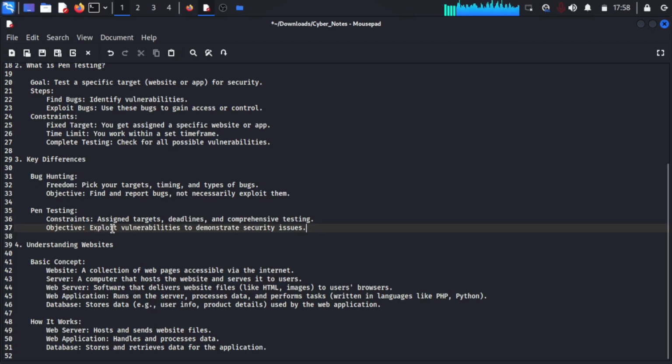So after you find any security issue or vulnerability, you have to try to compromise that bug or try to compromise their environment by exploiting those security issues, so that you can demonstrate to the company that it can be attacked by a hacker also. Okay,